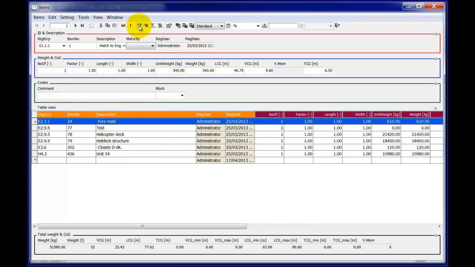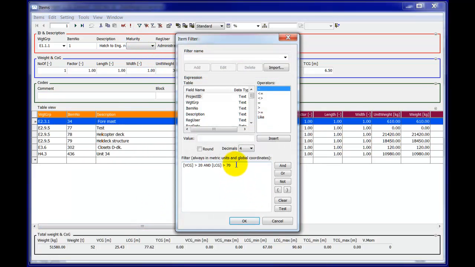And if I want to, now I can save this filter. I do that by just typing in the name of it in this drop list here. So I can call this filter for upper 4 area, for example. Just type in the name and click add, and when I do that, then I will get this filter in